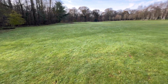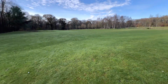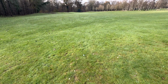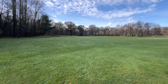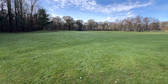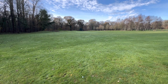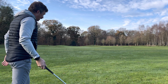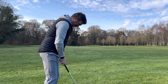So actually I've cleared the end of the fairway. There's the end of the fairway, just there. Cleared the end, not the world's worst. Realistically, probably should only be hitting a 3-wood this time of year. But short shot into the green, probably 65 yards, so not too much of a problem missing the rough. Little bump and run up there. See if we can get another birdie. We've got 73 yards actually to the flag. Ball significantly above my feet. Might have to